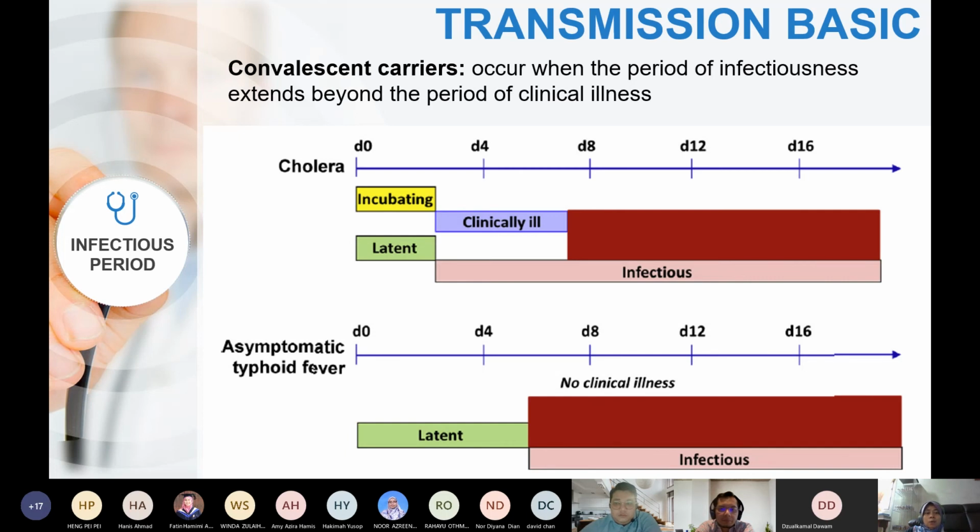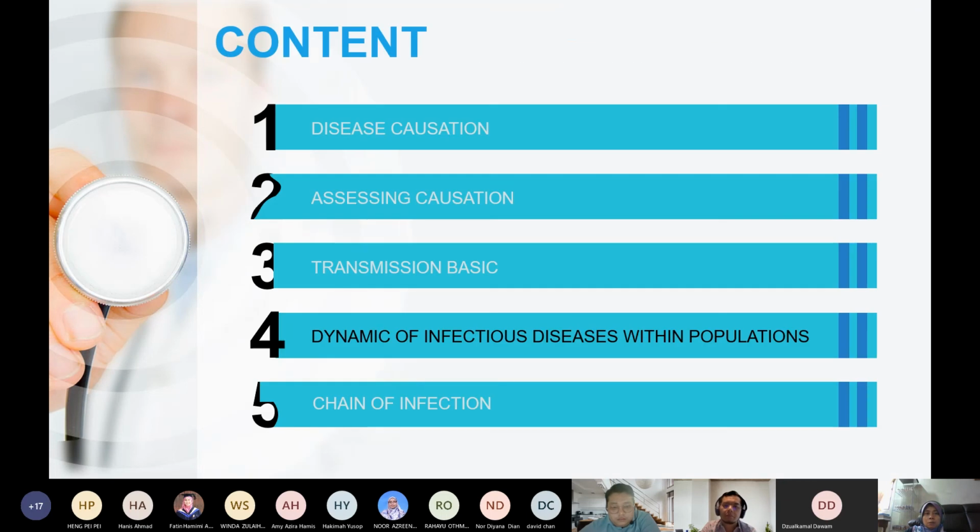Same goes for asymptomatic typhoid. Ni lagi, that's why we have to vaccine our food handler because the incubation period is very long, up to a month. Can be up to a month, and there is no clinical illness, and yet they are infectious. Okay, that is the basic. Ingatlah gambar tu tadi ya. Because it will apply to our natural history of disease and level of prevention.